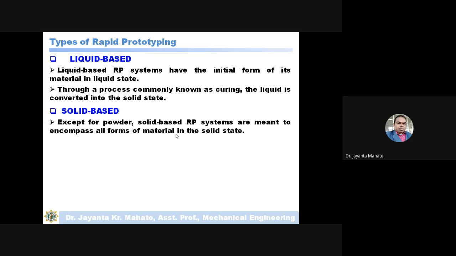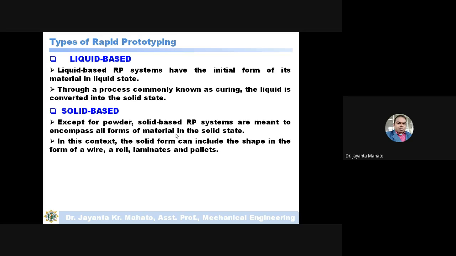All the solid metals are involved in this solid based prototyping system. And in the liquid based prototyping system, the materials are in liquid form, but when they are processed, these liquid forms are transformed into a solid state. Okay, so in a solid based prototyping system,